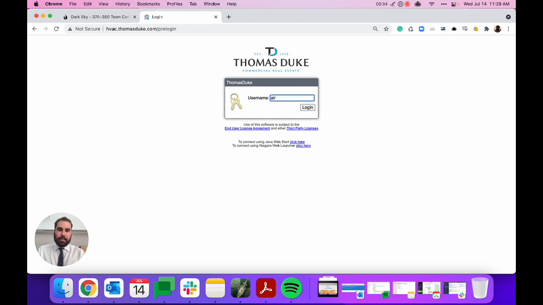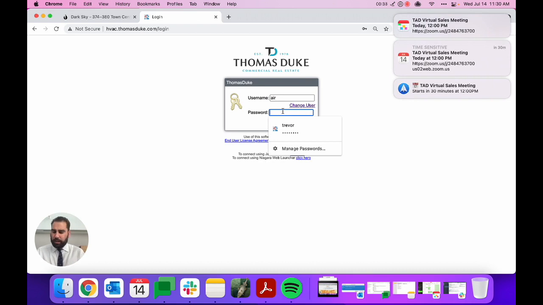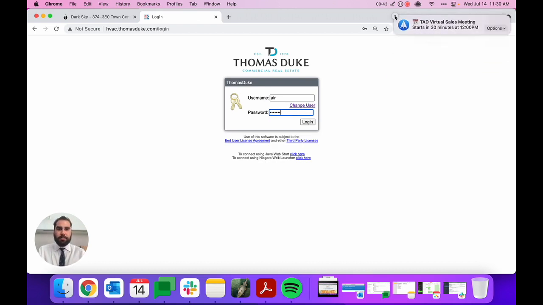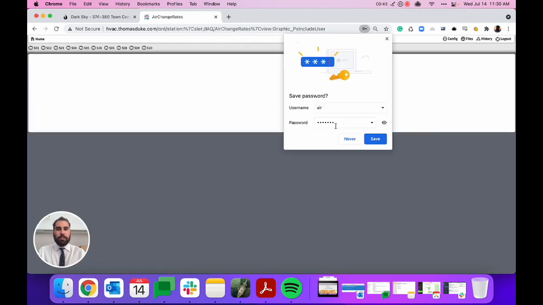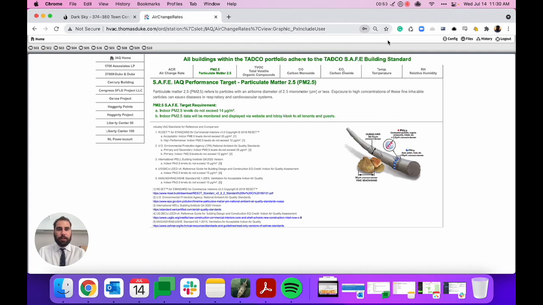We have a limited set of permissions for COVID. The username is going to be air. The password is going to be quality. So again, air quality is what we're logging in with there. This is going to take you to the